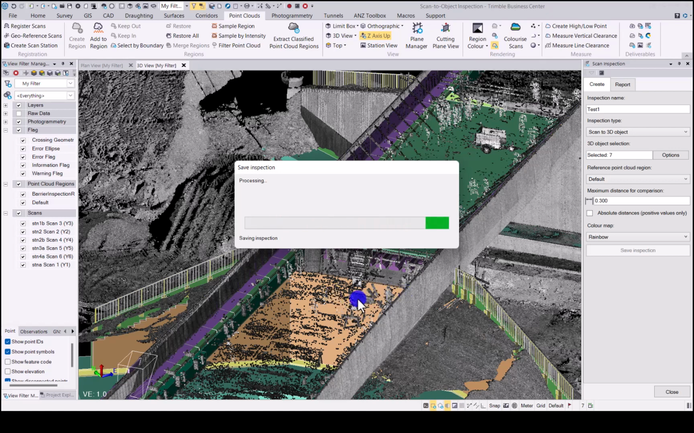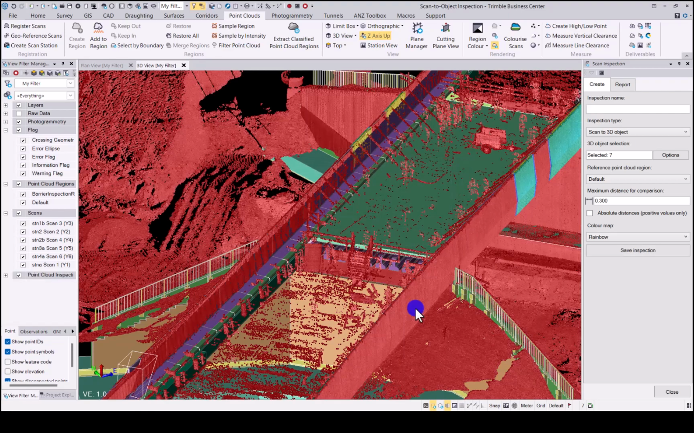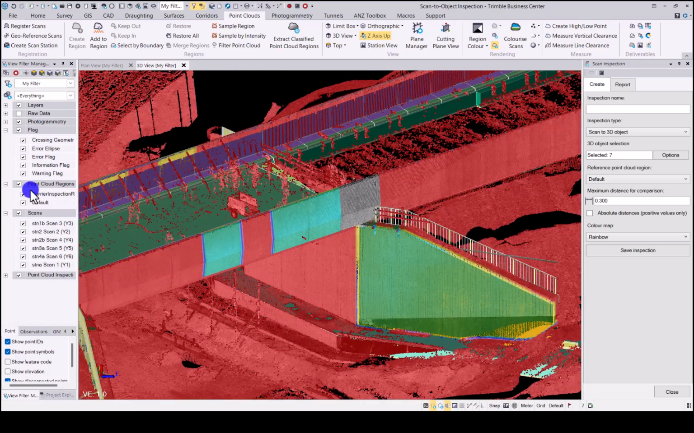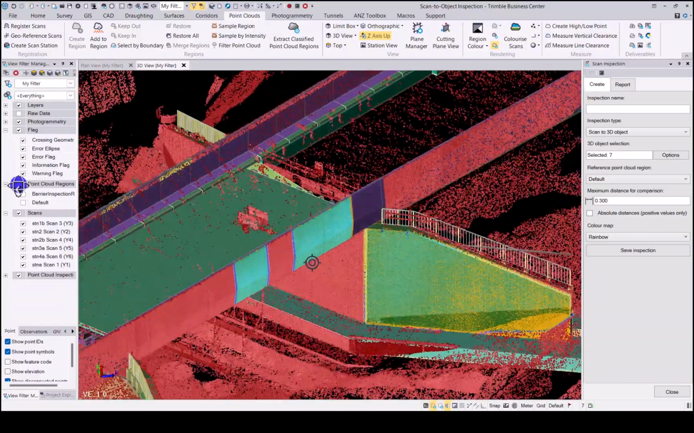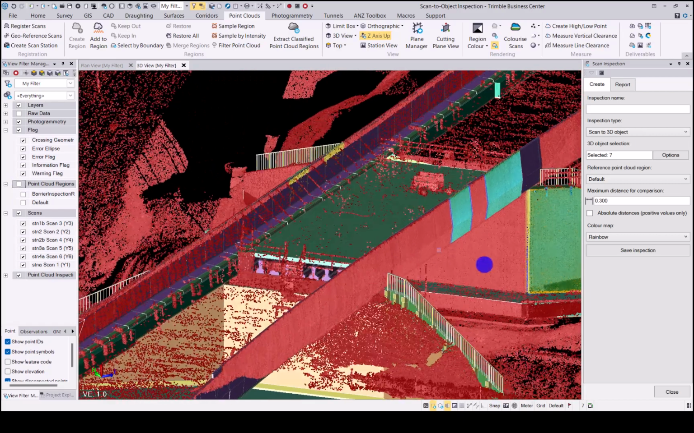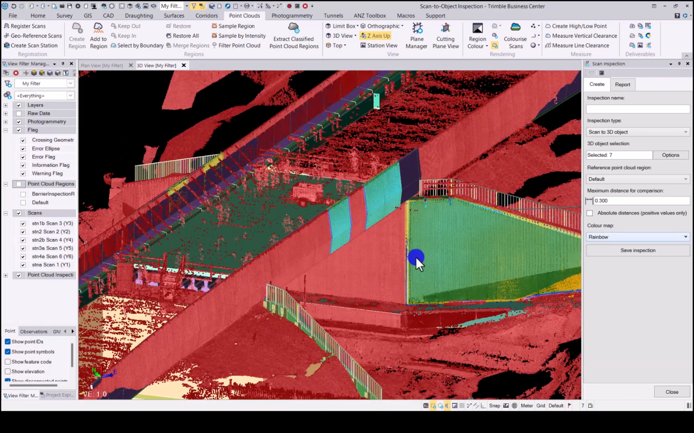Remember to always hit the control button with your select to select multiple objects. As you can see, we now have our scan inspection report, scan inspection done. I'll switch off the point cloud, and there you can see it has done it for all of my selections that I did. Now in the report side,